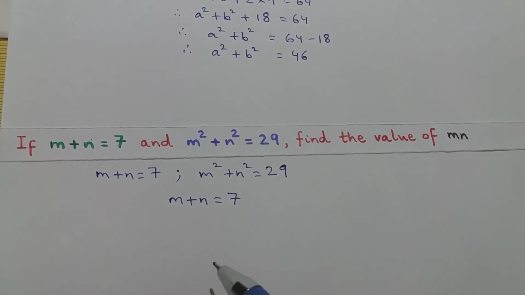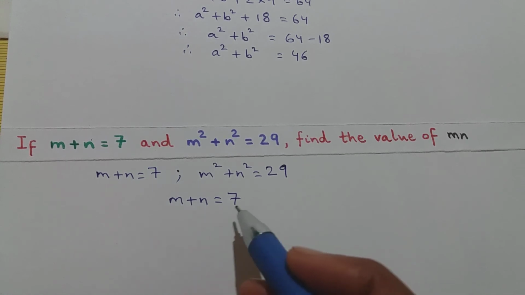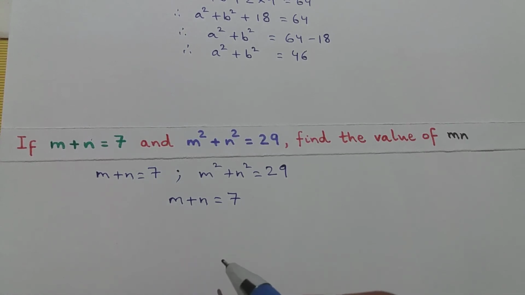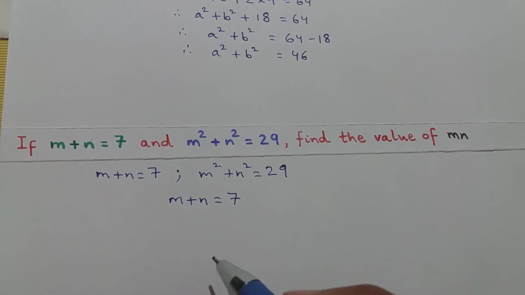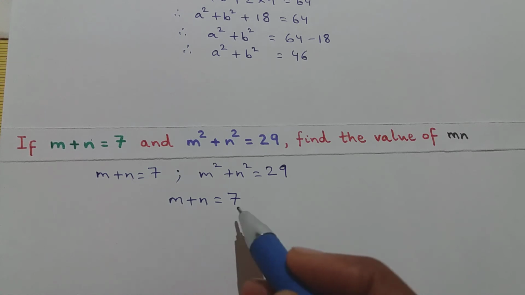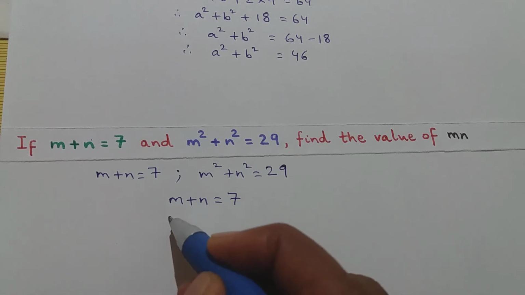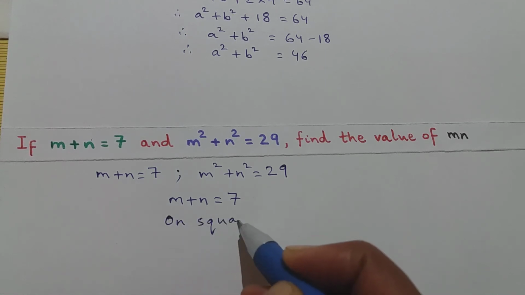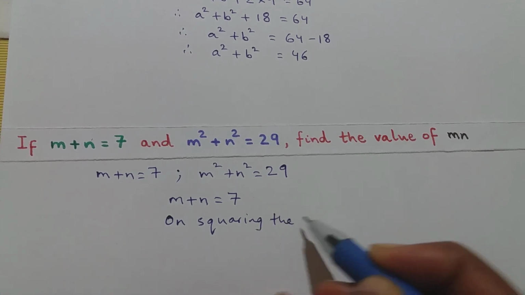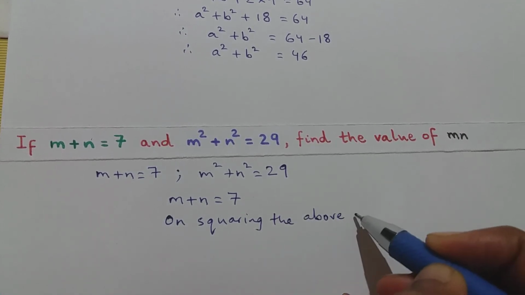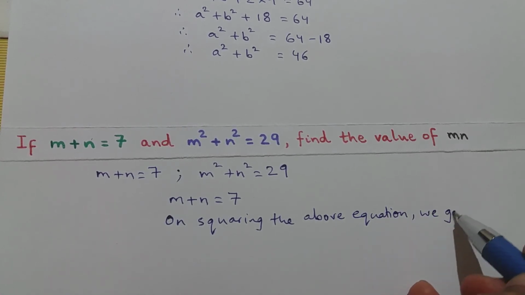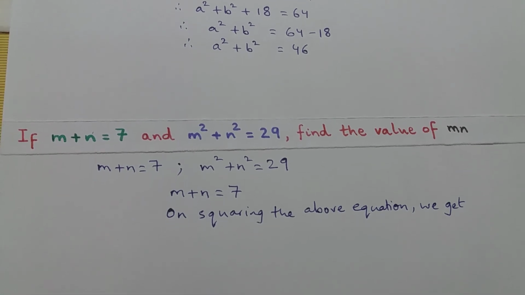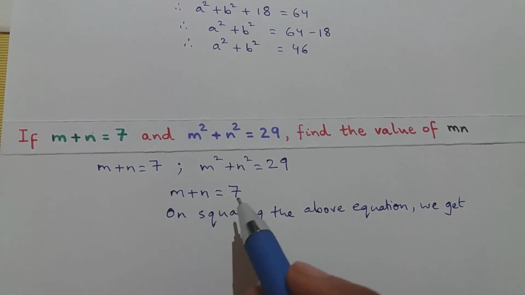Now what I am going to do is square this equation. So I am going to square the equation m plus n is equal to 7. What do we get when we square the equation m plus n equals 7? On squaring the above equation, we get,